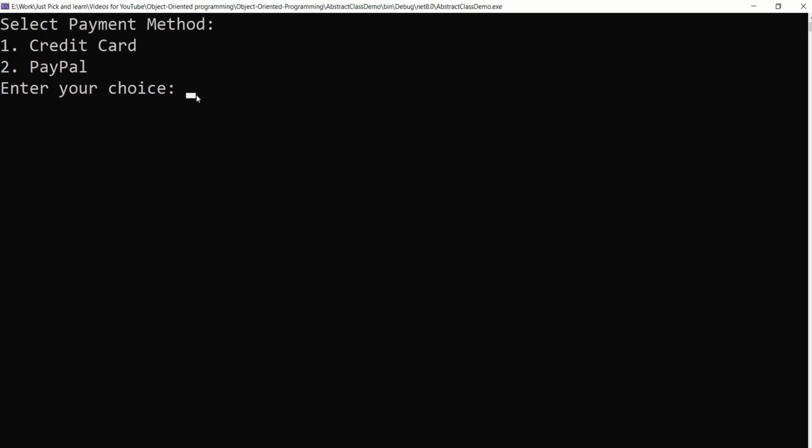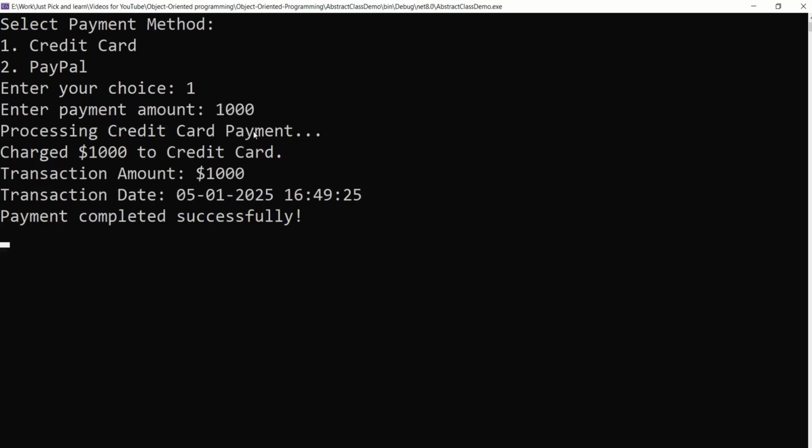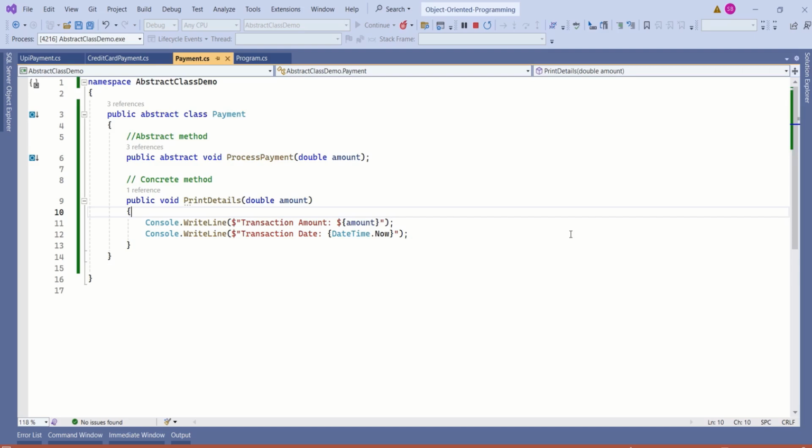See, if you enter 1 as your mode of payment, then an instance of the CreditCardPayment class will be created. We are entering the payment amount. Then we are calling the methods that are available in the Payment class, and we are just proceeding with whatever logic we have. In short, if you want to enforce some rules for derived classes, then you can create abstract classes and abstract methods, and you can just go as per the rules of inheritance.